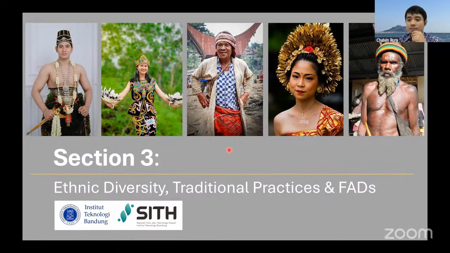So maybe if you're not familiar, Indonesia is a multicultural, multi-ethnic country. I think we have more than 300 languages. We have hundreds of ethnic groups. So we're maybe different from other countries where you only have one majority ethnic group, but in Indonesia we have several ethnic groups. For example, you can see that this is all five different ethnic groups from different main islands, and you can see